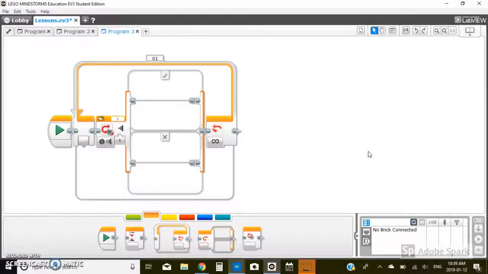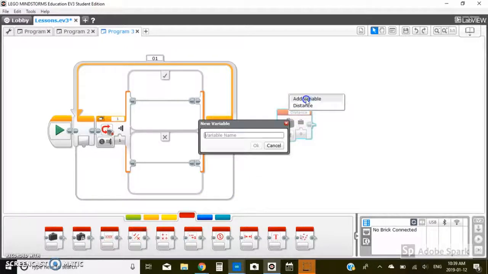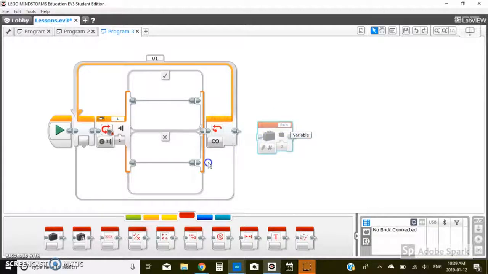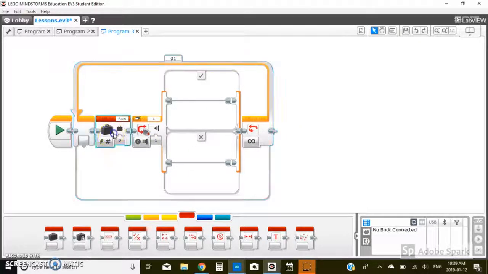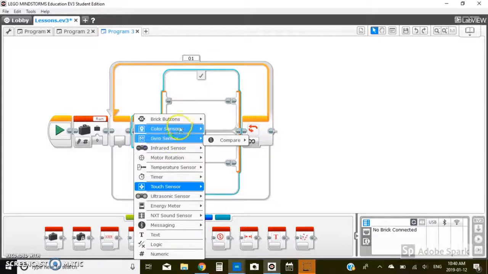So this is actually going to involve creating one variable. I know that's a little annoying, but it's going to be worth it, trust me. Let's call it run number. Okay, it doesn't accept that. Just keep it at run. It'll be starting off at run 0, and we're going to set this to brick buttons,